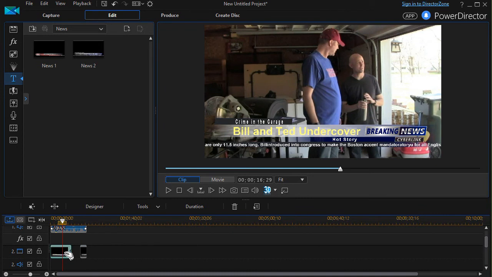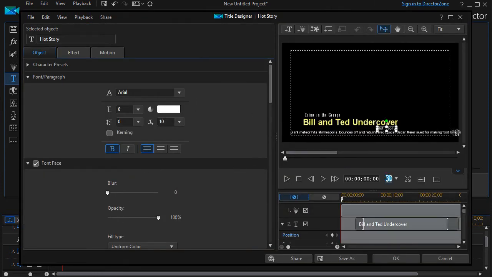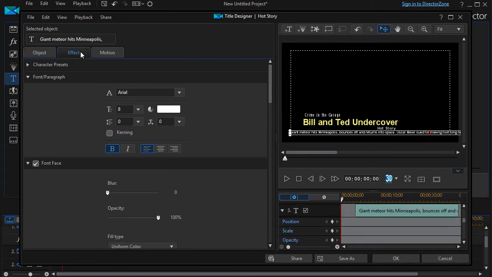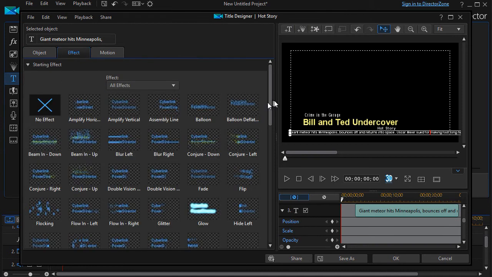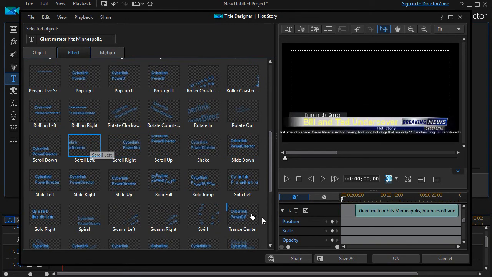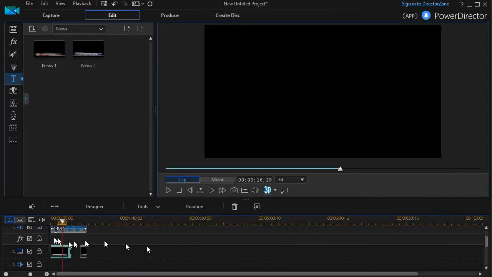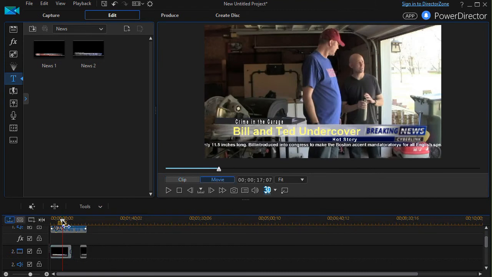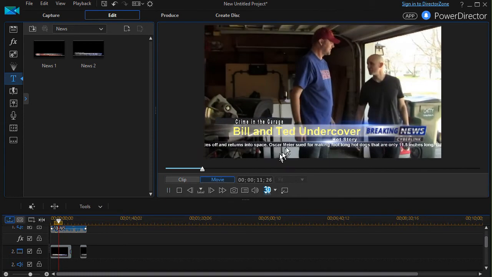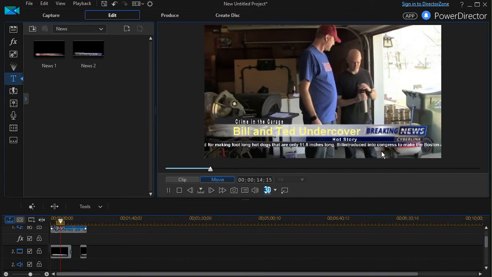So I'm going to click on that modified one with my new text. Press the F2 key to get into the edit mode. That will get into the title designer. Then I'm going to go ahead and click on this. That gets me into track number 3. Then I'll click on the effect, and we'll be in starting effect. And it is set to scroll right. I'm going to change that to scroll left. Click on OK. And then when I go ahead and play my modified title, let's see what happens. Now it's reading in a way that I can follow,